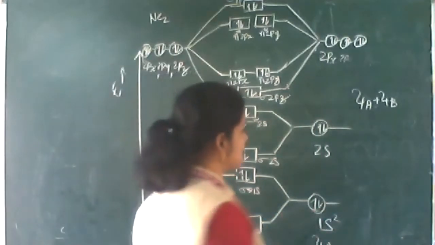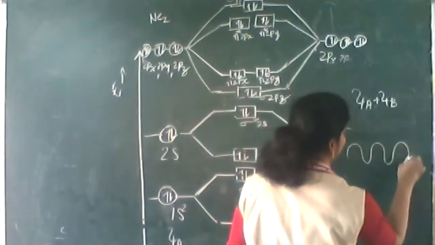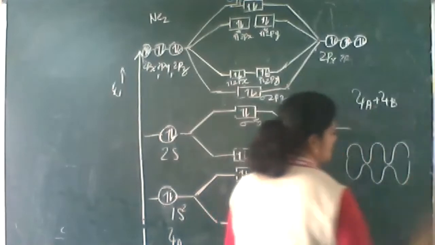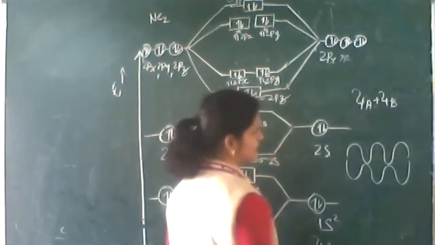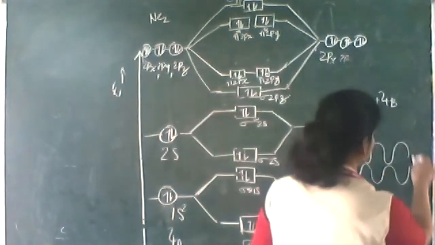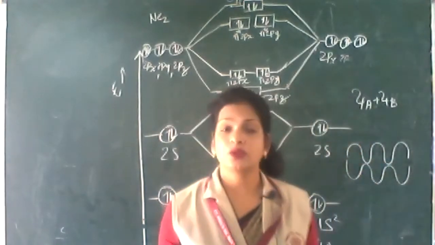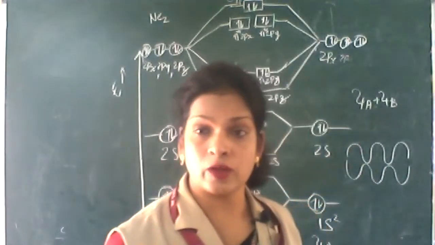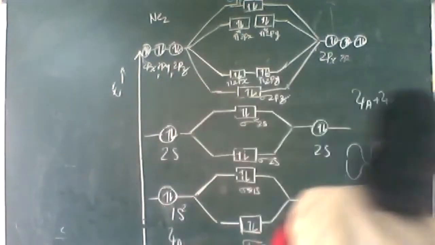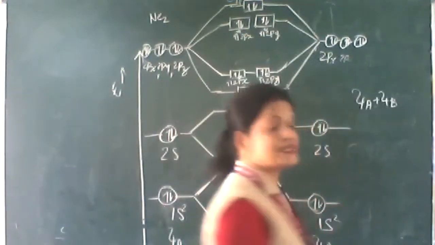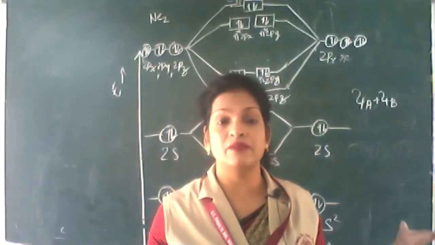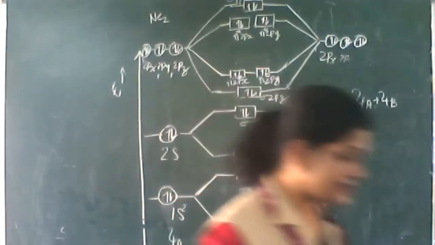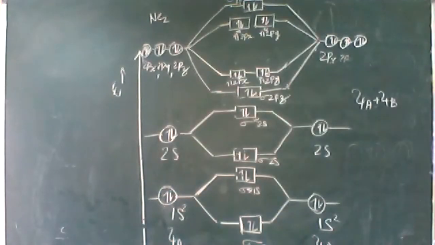In psi A minus psi B, it is destructive interference. This is psi A, and the second wave function is destructive interference. So what happens? This causes anti-bonding molecular orbitals that are less stable. Here electron density is away from the nucleus. So there will be repulsion between the nuclei. So it is highly unstable. So write down the answer for this.